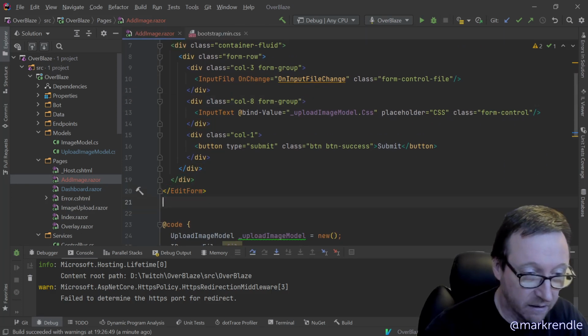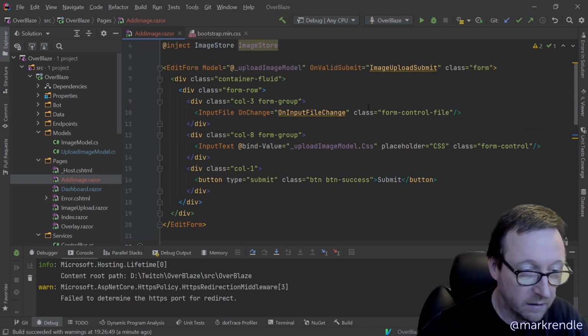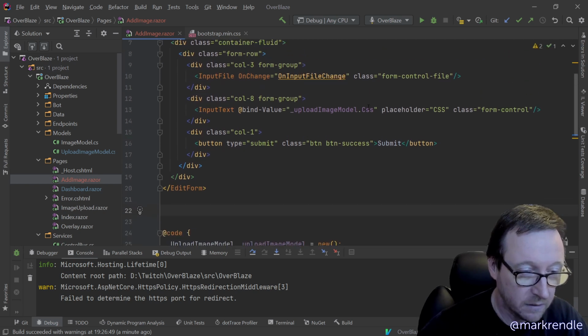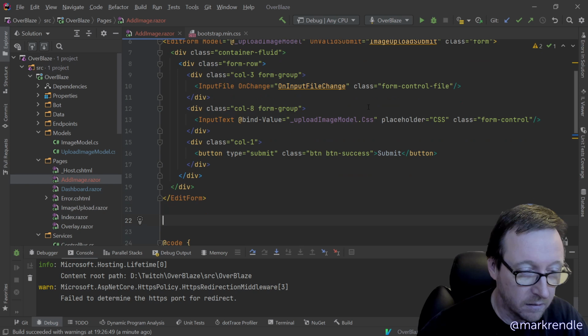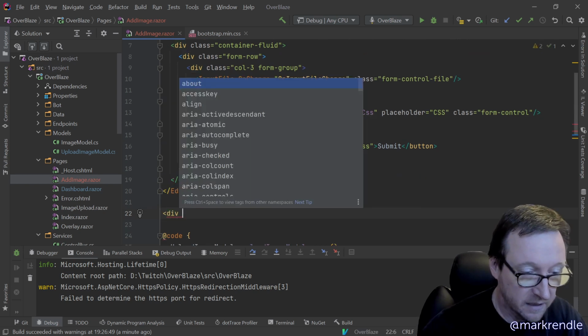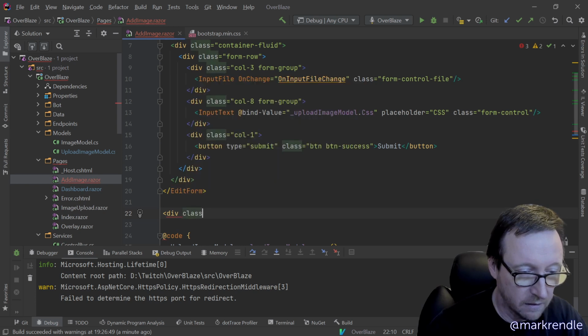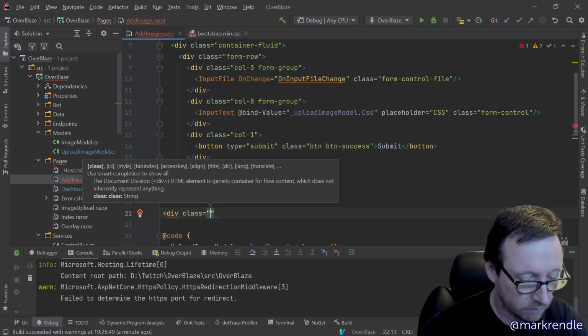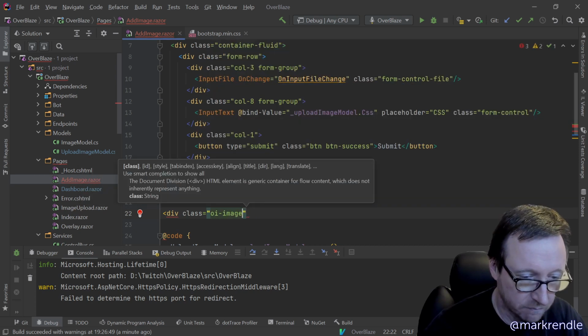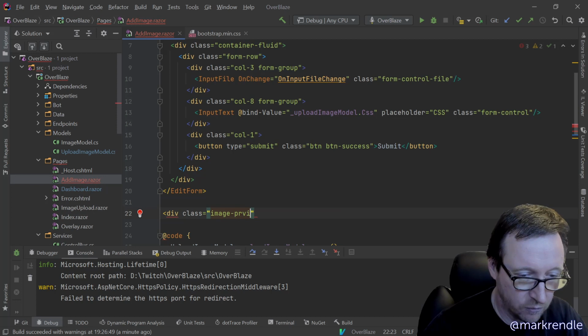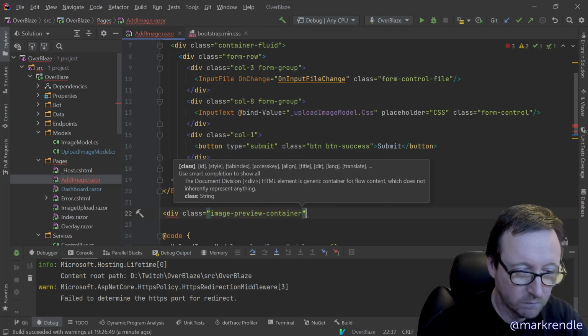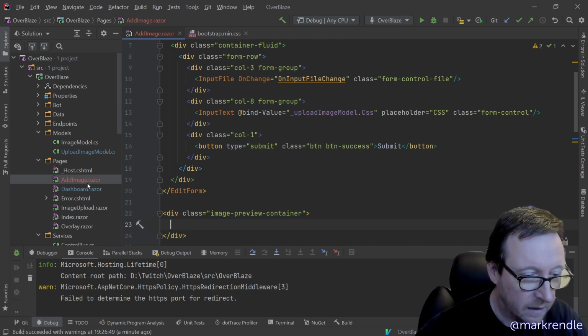So here, we are going to have a div, class equals image preview container, and then add